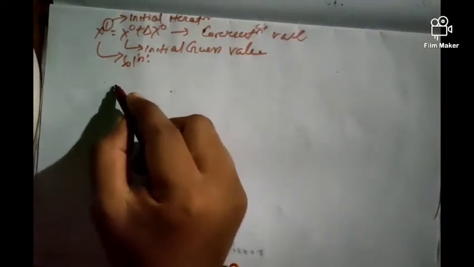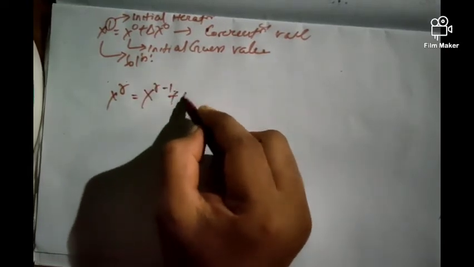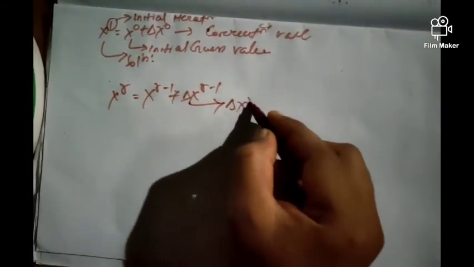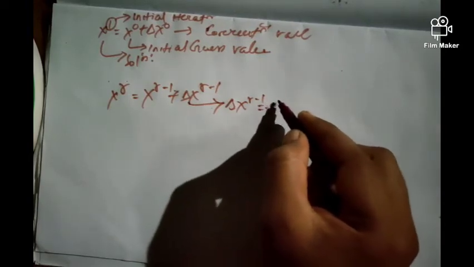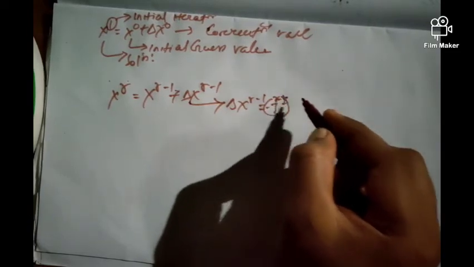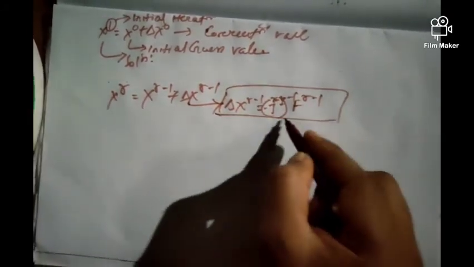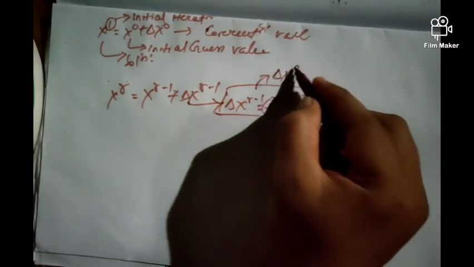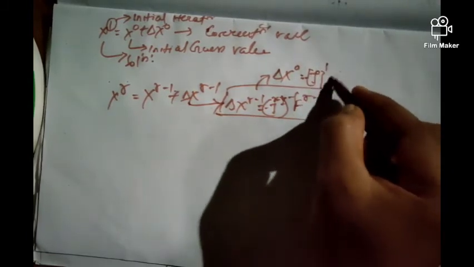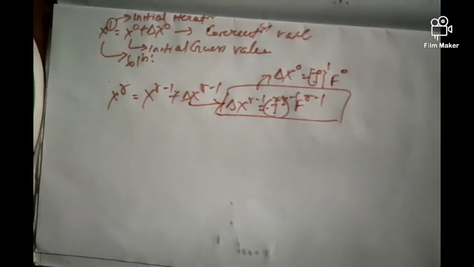For the rth iteration, what we have to write? x^r equal to x^(r-1) plus del x^(r-1), where del x^(r-1) is equal to minus of the Jacobian J^(r-1) inverse times f(x^(r-1)). This comes from this equation only, the term minus of Jacobian inverse and function that we have already discussed. When we are close to the solution, we will stop the iteration.